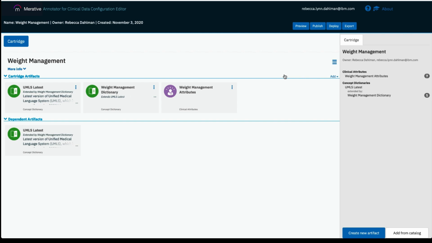The annotator for clinical data contains an annotator with a set of built-in patterns for discovering values and associating those values with concepts. There are some cases where you may want the ability to customize how values are annotated. In this video, we will demonstrate how to customize values associated with clinical attributes using the Annotator for Clinical Data